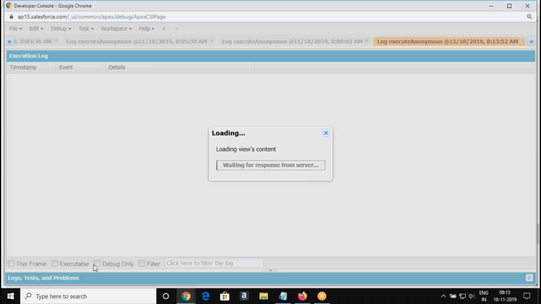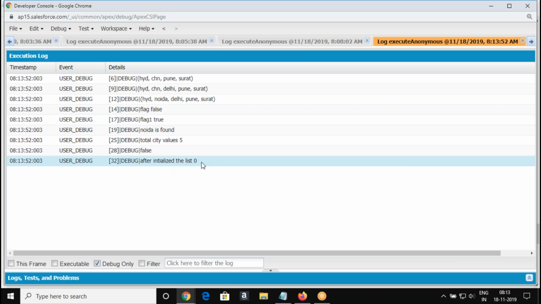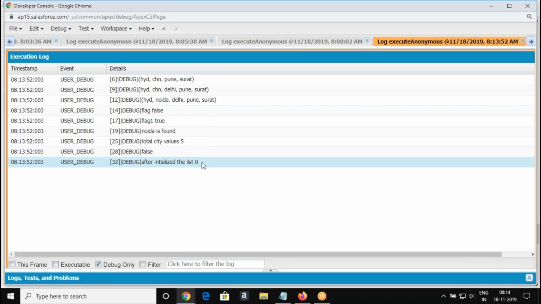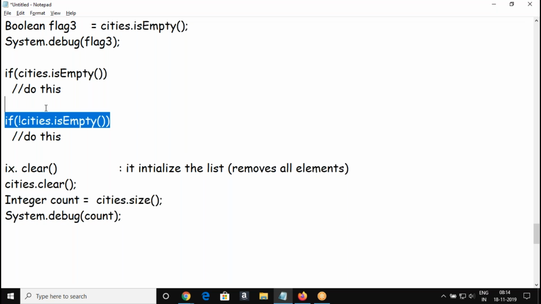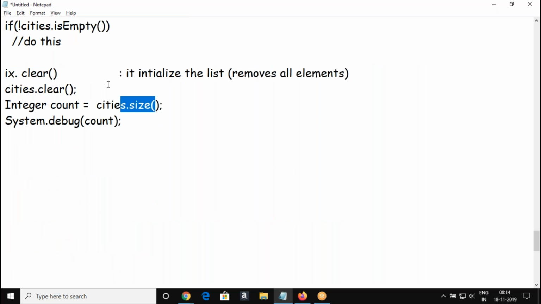We executed the clear method, so now the list has 0 elements, no elements in the list. Everything is removed, right? If you perform isEmpty now, you will get true here. And if you get the size, it will be 0 now. This is your clear method.